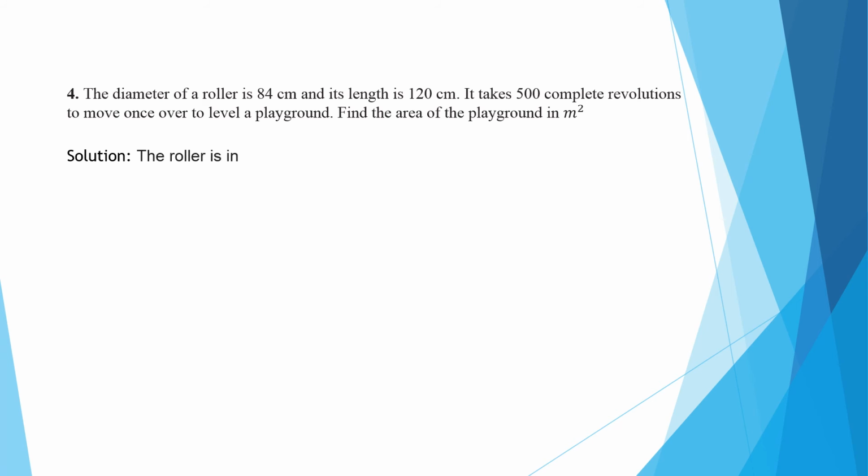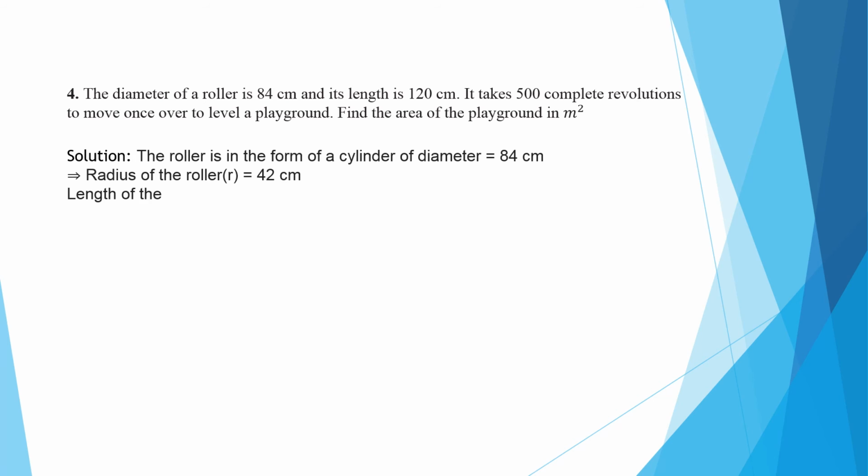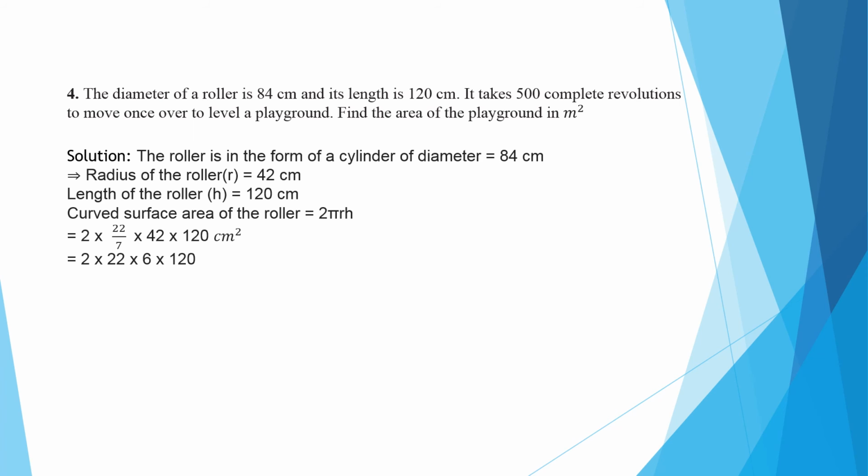First of all, the roller is in the form of a cylinder. It is clearly given the roller used to level the road is in the form of a cylinder whose diameter is 84 centimeter. So radius will be 42 centimeter, that is 84 divided by 2, that is 42 centimeter. Length will be taken as height, so that is 120 centimeter. We need to find, as the roller moves, the part that is moving is the curved portion. So we will calculate the curved surface area, that is 2 pi RH. On substituting all those values, after calculation we are getting 2 into 22 into 6 into 120 centimeter square, that is